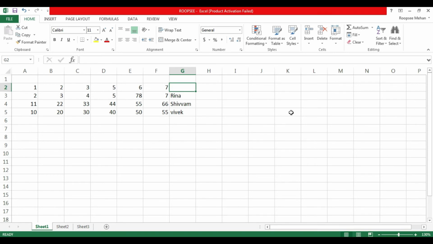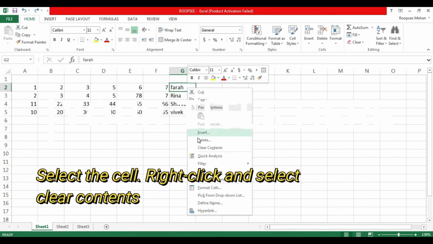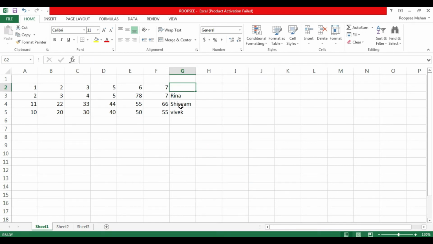I will bring this word back again. So for undoing our action, we will press Ctrl Z. So once I press Ctrl Z, the word is back. That means I have undone my action. Now second method for deleting cell content is select the cell. Just click on the cell to select it. Right click and when you right click, this context menu appears and from here click on clear contents. Simple. So the contents of this G2 cell will get deleted.